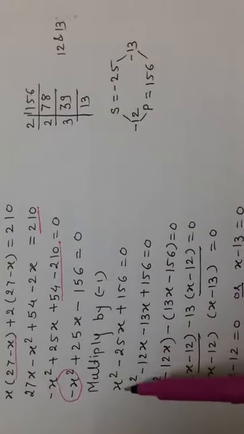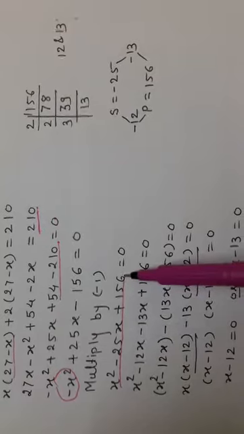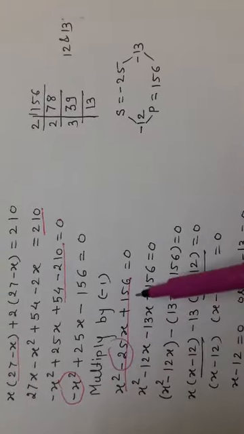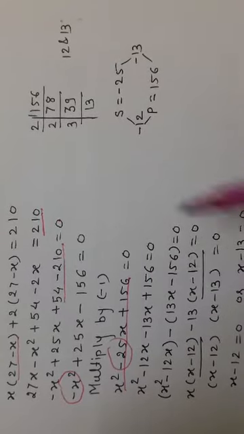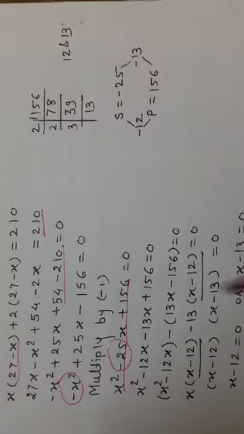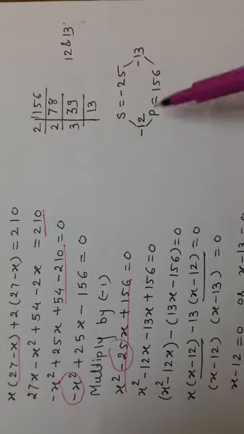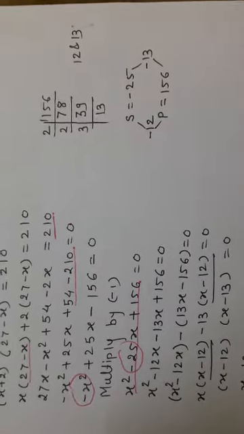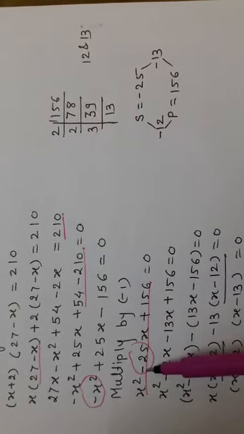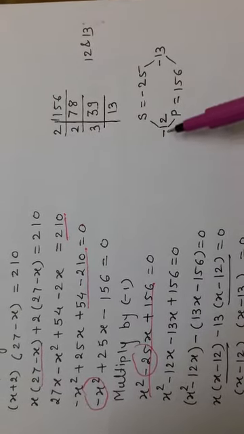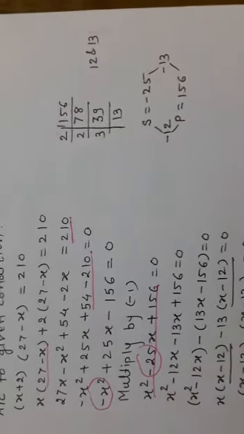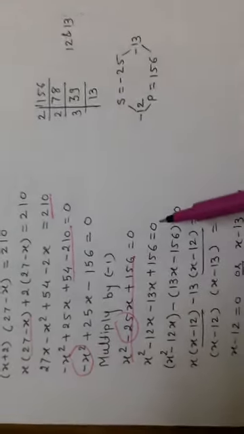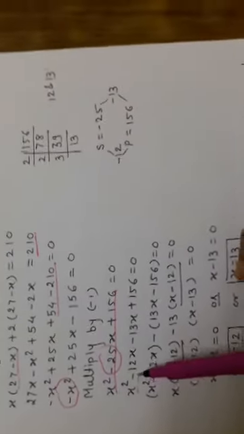Now you are finding this is a quadratic equation, means you want minus 25 as the sum and plus 156 as the product. Likewise we have to choose 2 terms. Now the product is positive, means we are getting 2 numbers having the same sign. Same sign means, here the sum is having a minus, so both the numbers are having minus. So x square minus 12x minus 13x plus 156 is equal to 0. Are you finding these are the 4 terms?